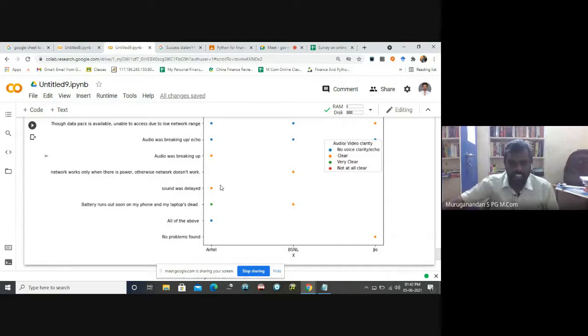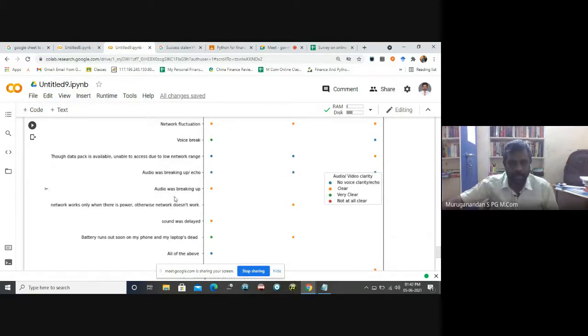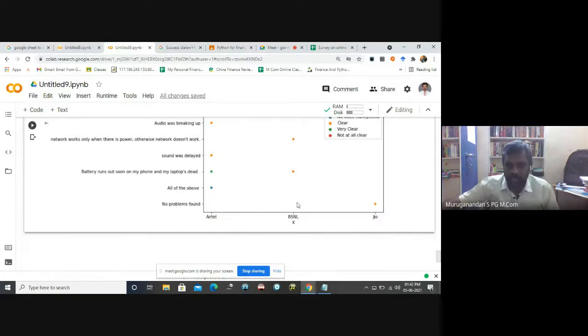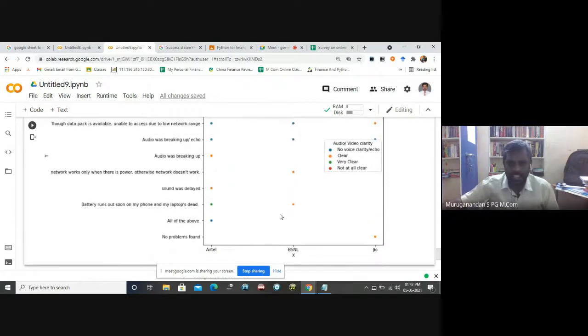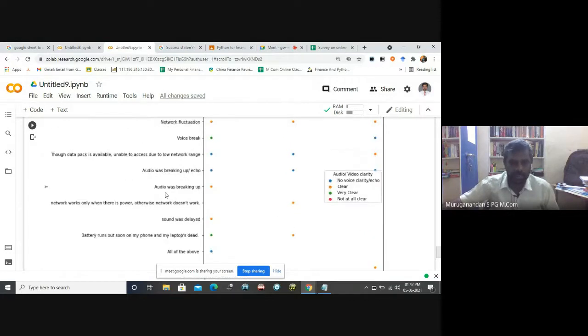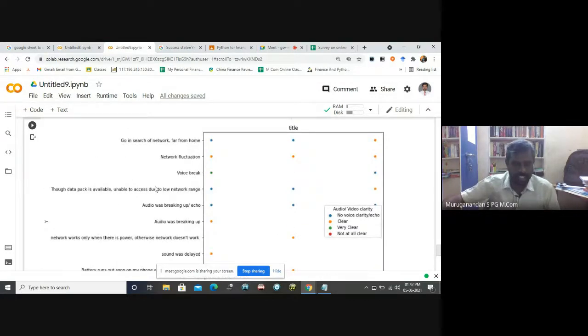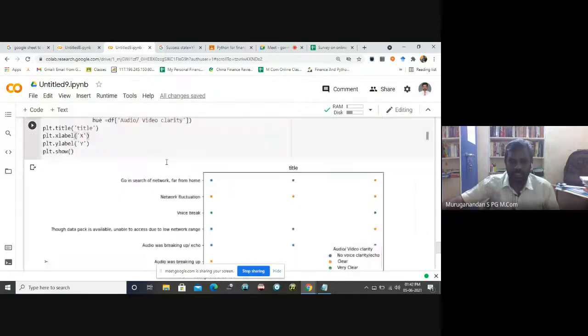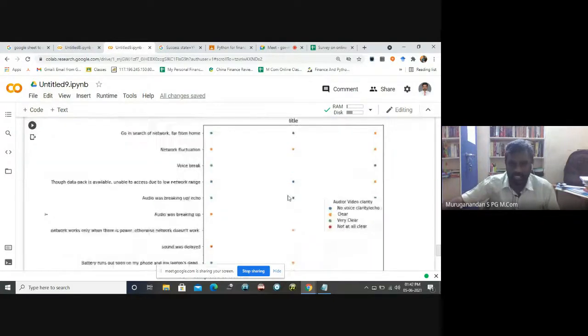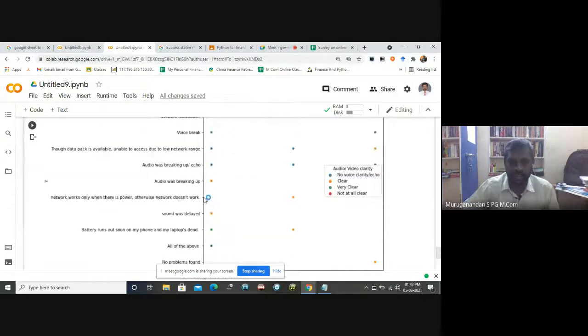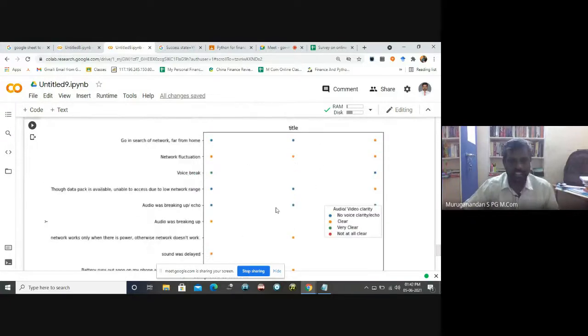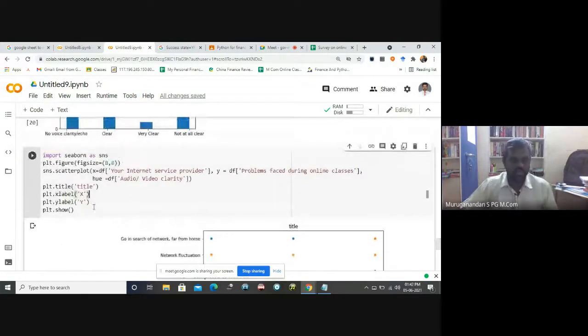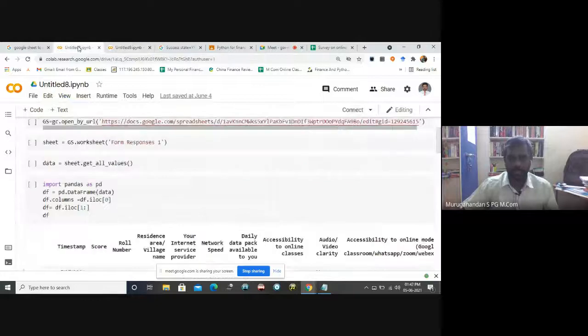In Airtel there are some people who faced all the problems stated here, whereas in Geo and BSNL none of the respondents found all the problems. So this is what this scatter plot tells us. Like this, you can go for a very beautiful analysis also. Thank you, guys. Now let me do